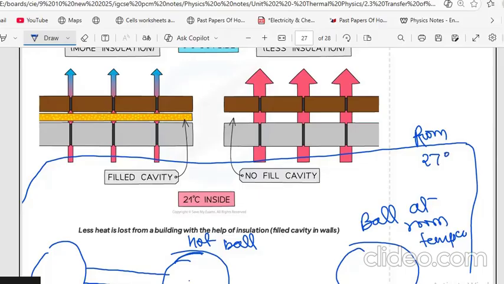The hot body must be at what temperature? Well, you can go very high. You can go to more than 100 because this is not water. It won't boil. This is a metal object. Go 10,000, whatever. But I will take a reasonable temperature of, let's say, 120 degrees, quite hot. Now,